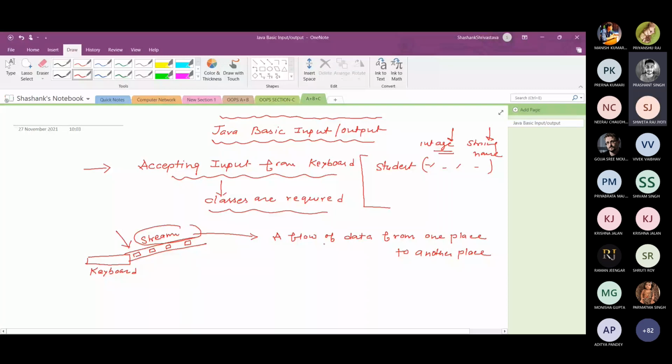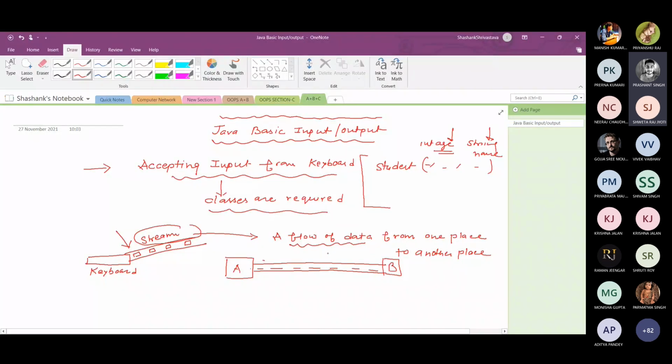A stream is a flow of data from one place to another place. Suppose there are two places A and B, and if A would like to send certain data to B, a pipe or a stream is required which connects A with B, and through this stream data flows. Data is flowing through this particular logical pipe. How this stream is created, we will see later. But actually a stream is a flow of data which takes the data from one place to another place.